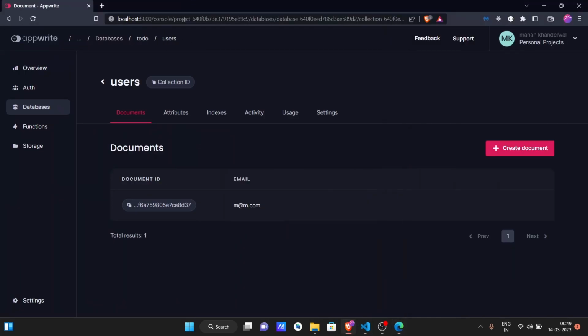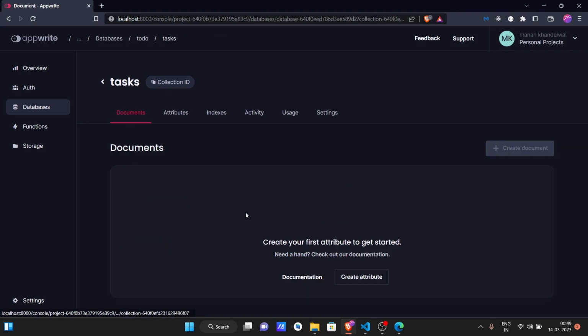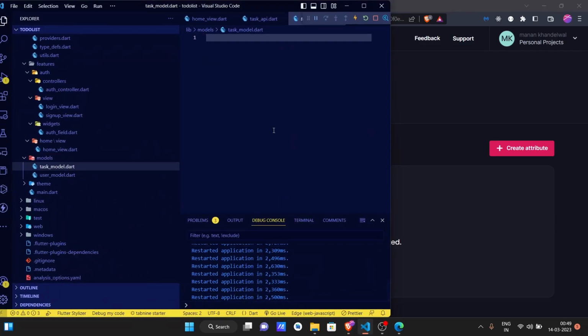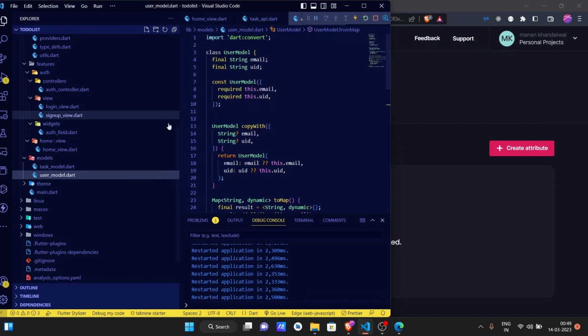Also in the tasks over here, we need to add all the attributes. So even before adding all the attributes, let's just create our task model. So just like our user model over here, let's just copy it and